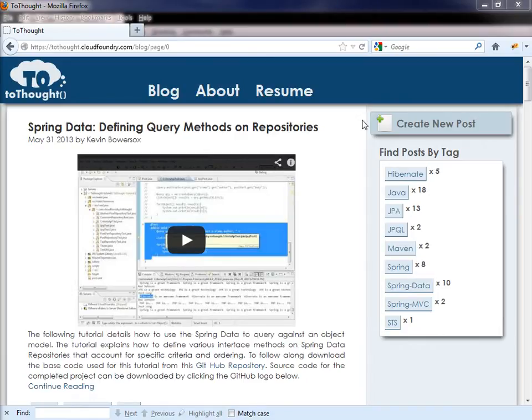In today's tutorial, we will create some basic queries using Spring Data. To get the most from today's tutorial, I would recommend that you have viewed my previous posts regarding JPQL, or have a thorough understanding of JPQL. During this tutorial, we will define a number of methods on our repository interfaces that will allow us to query against our data model. The implementation of these methods is constructed by Spring Data as long as our methods follow